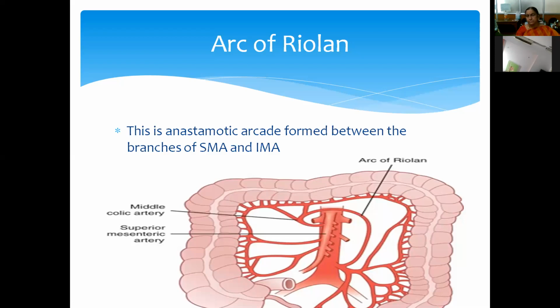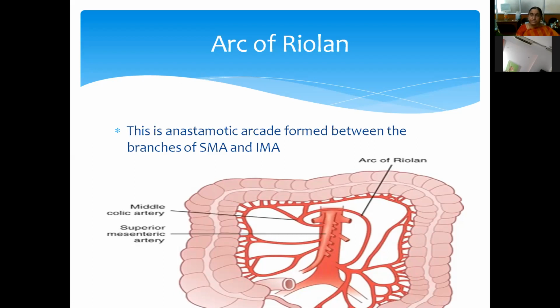And also there is one more important point regarding the avascular space of Riolan. That lies lateral to the middle colic. This is the middle colic. This area is known as the avascular space of Riolan. That is the space through which we have to go into the supracolic compartment while we are attempting to do gastrojejunostomy. That you will be able to know when you are talking about gastrojejunostomy surgeries.